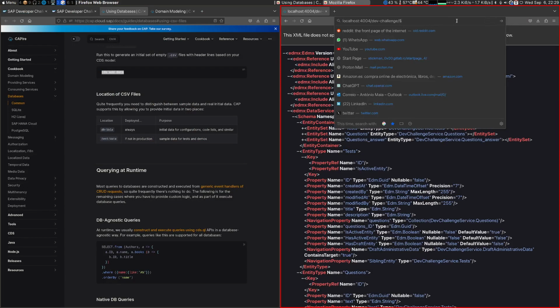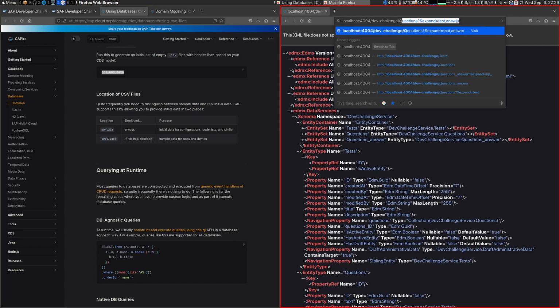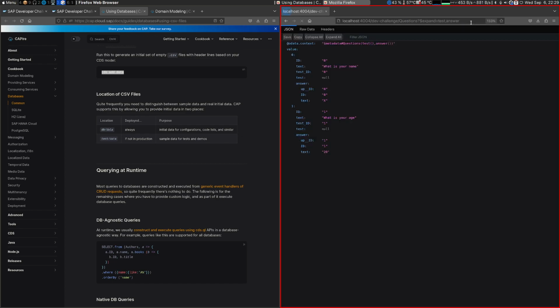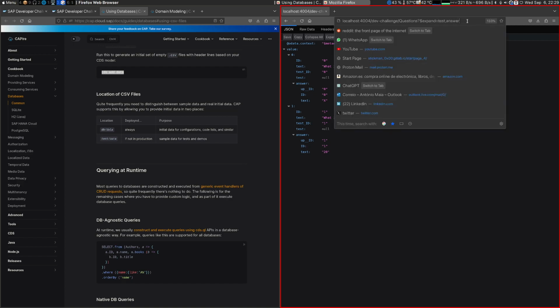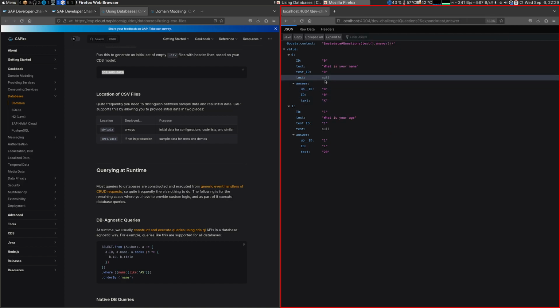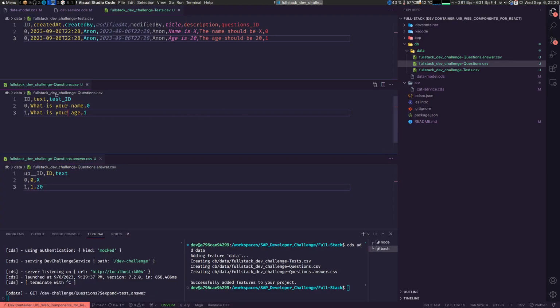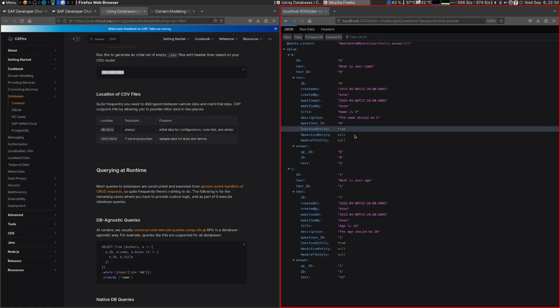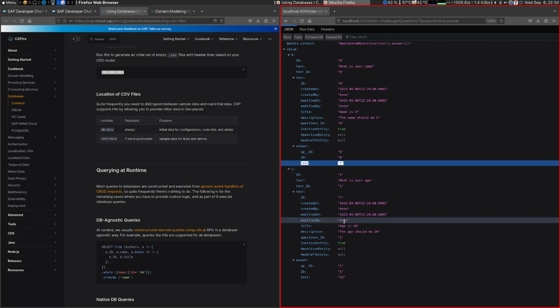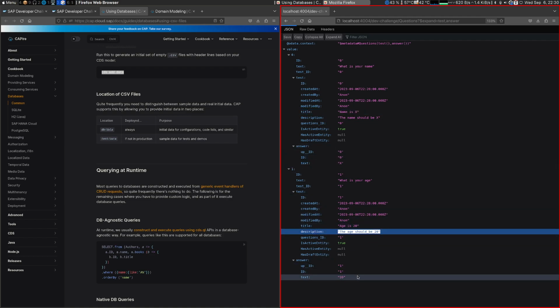and if you come here and now we do question expand test answer, something is wrong. Why doesn't the text appear? So test ID. Oh, we are missing 1 here. Okay, yeah. So as you can see, name is Shish, the answer is here, and the age and answer is here,